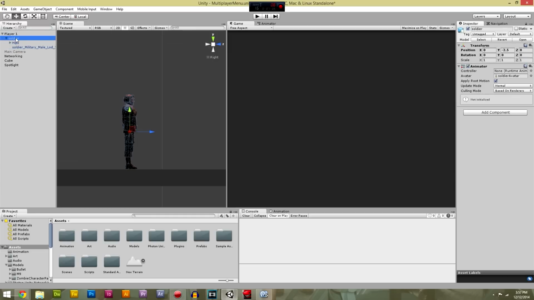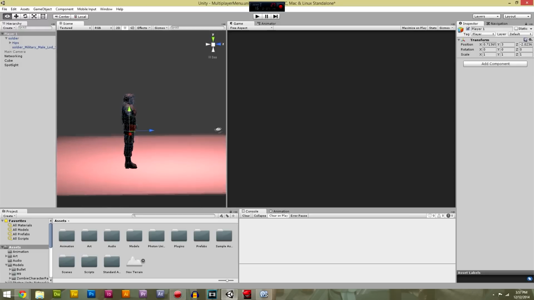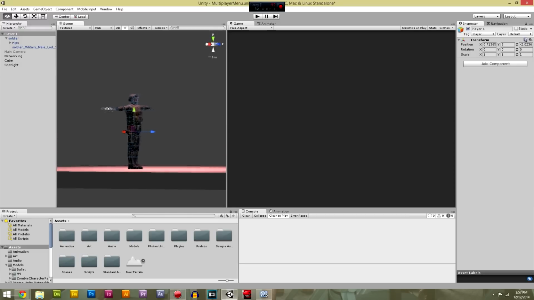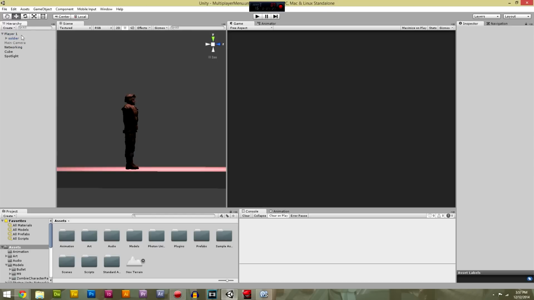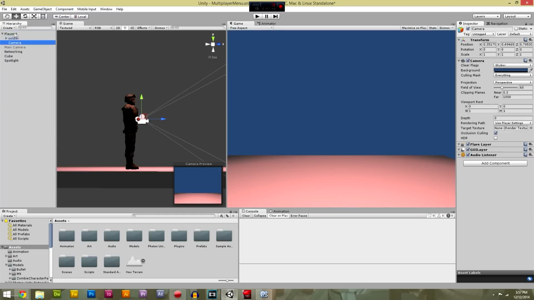So now when you move it around and you put on some colliders and things, it'll be off pretty much the center of the game object. It's a little bit off, but that's fine for now. So what you want to do is, you've just got your empty game object, well, your game object with your graphics inside it. So what you want to do is, first of all, create a game object, and you want to create a camera,